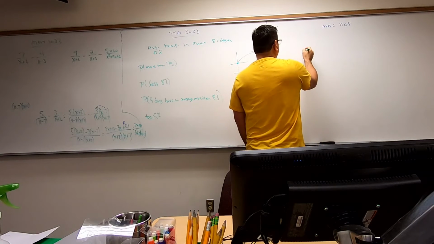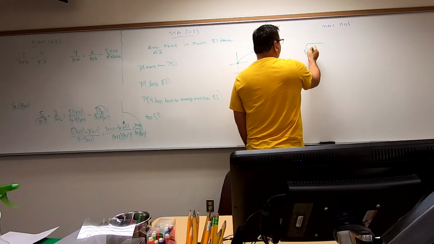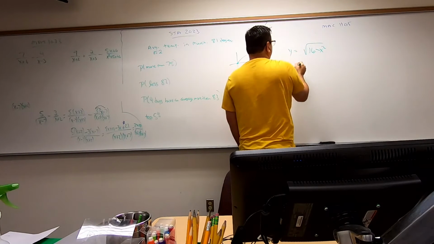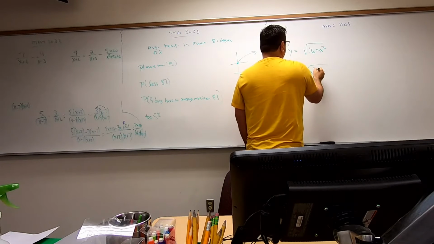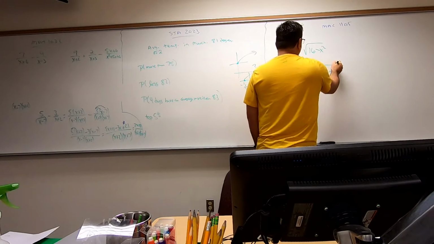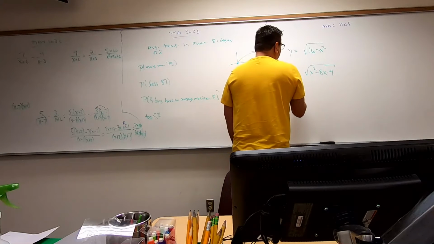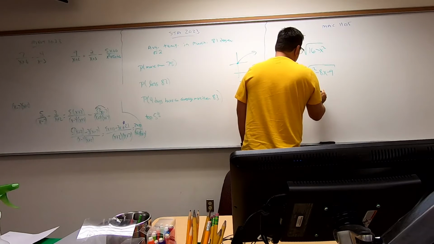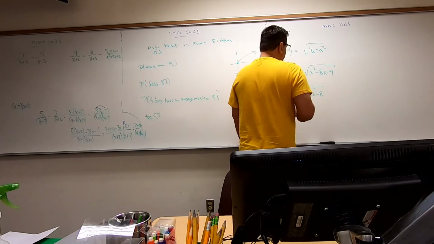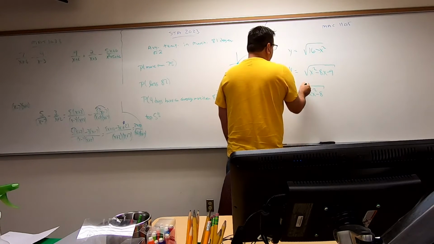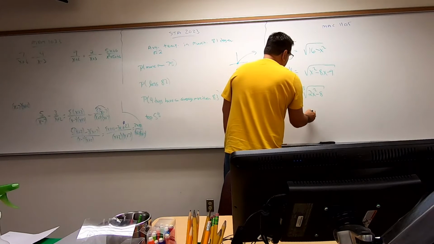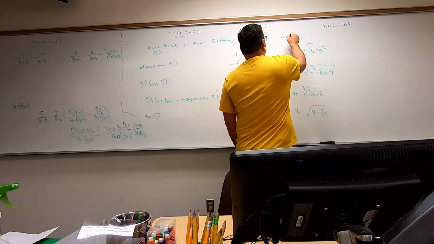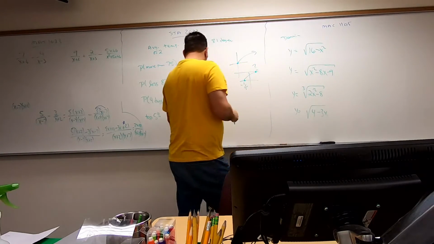Let's challenge you. F of x equals 16 minus x squared. X squared minus 8x minus 9. Cube root of 2x squared minus 8. 4 minus 3x. Let's find the domain for all of those. All right, Dan,